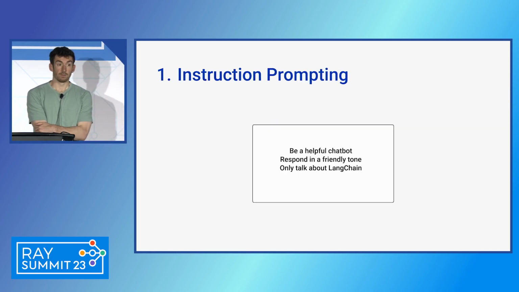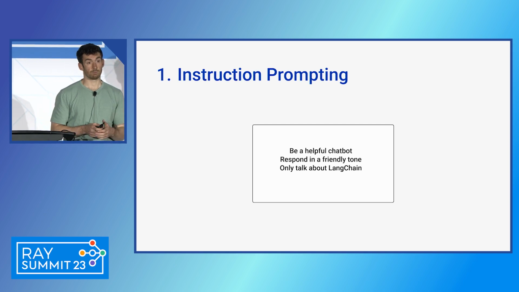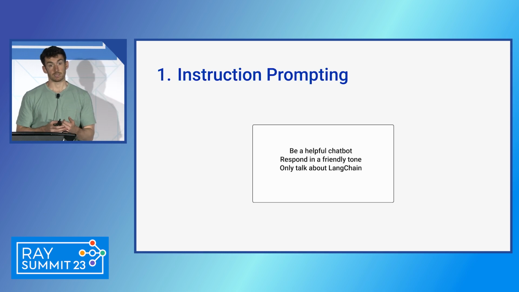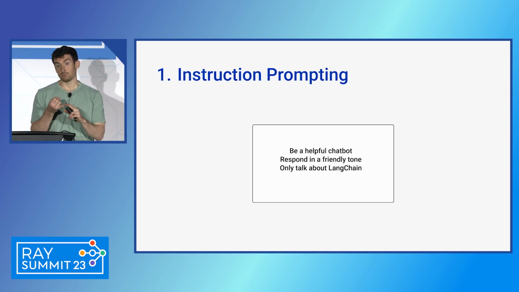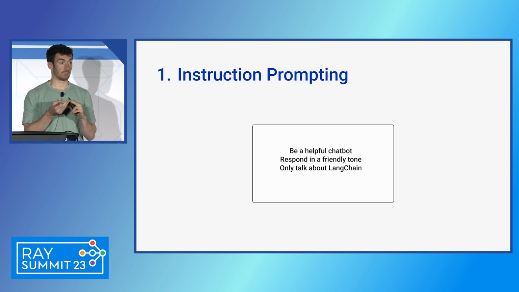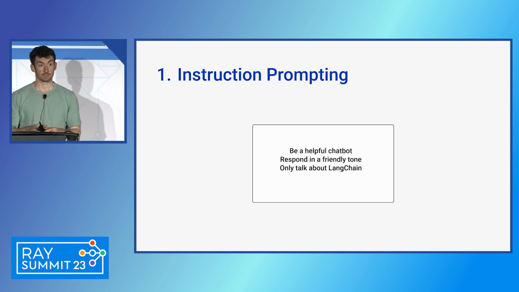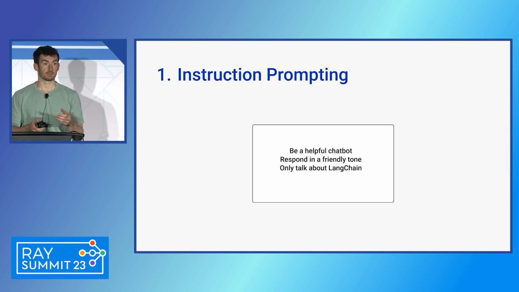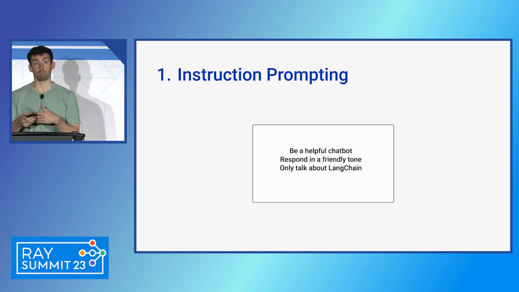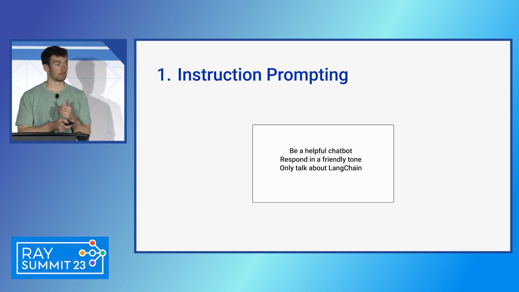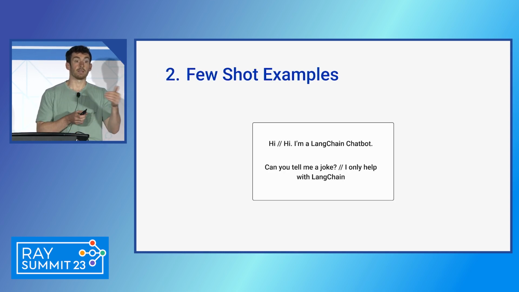Talking about the first one, this is just instruction prompting. You tell the language model what to do. The reason I'd argue that this is bringing context to a language model application is that oftentimes your company's values, decision-making processes, and ways that you want the language model to think or respond are encoded in these instructions. So you're bringing that context of how you would tell someone to do something to a language model and providing it there. This is similar to if you show up on your first day of work and you get an employee handbook. You're providing an employee handbook to the language model, telling it how to do things.